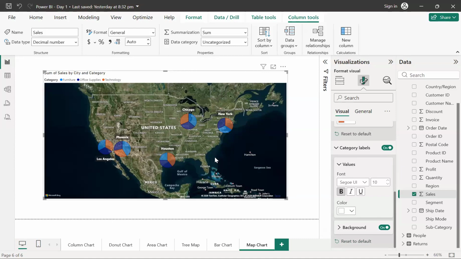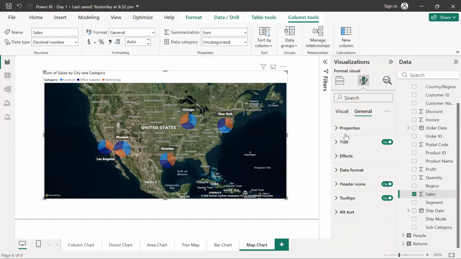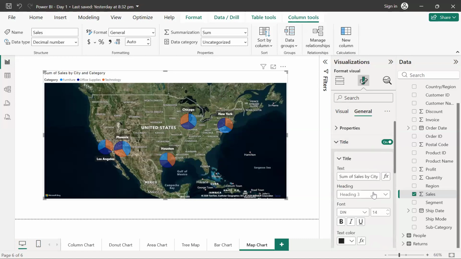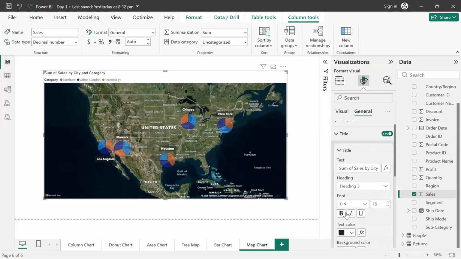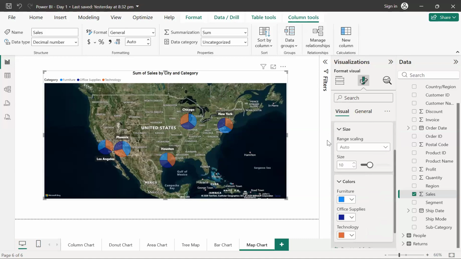It is a bit easier for anyone to analyze which are those five cities, how much sales they're getting from different categories, which city is probably giving the maximum sales, which city maybe giving the least sales, and so on. So, guys, this is the understanding or the insight you can get from the map chart. I can just make the same format for this visual as well.